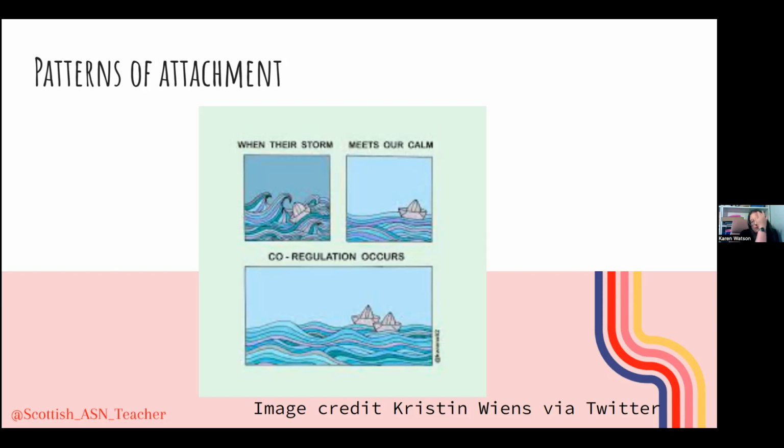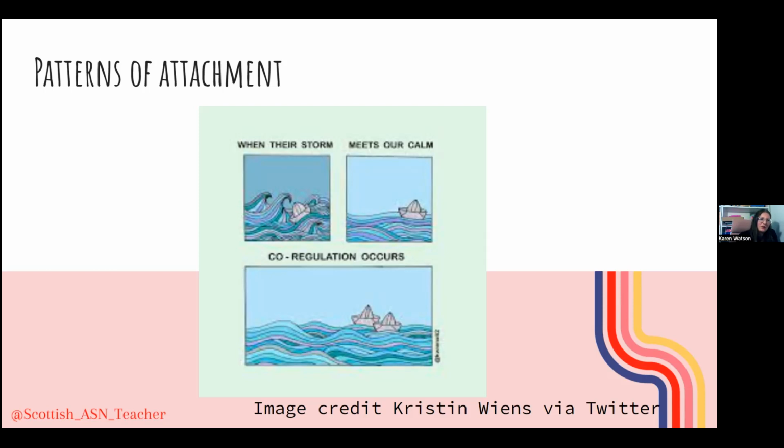So this is where this visual comes in. You know, if you have someone who is reliable and calm when you are feeling that storm, and they're able to step in, and you have that trust and that positive relationship with them and that bond, then that is when you're able to co-regulate. And we know that in order to self-regulate, a child first needs to co-regulate. They need that model to them.